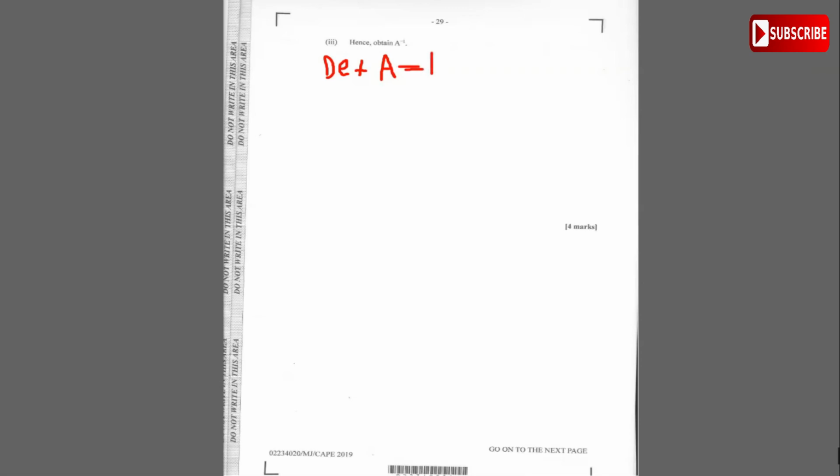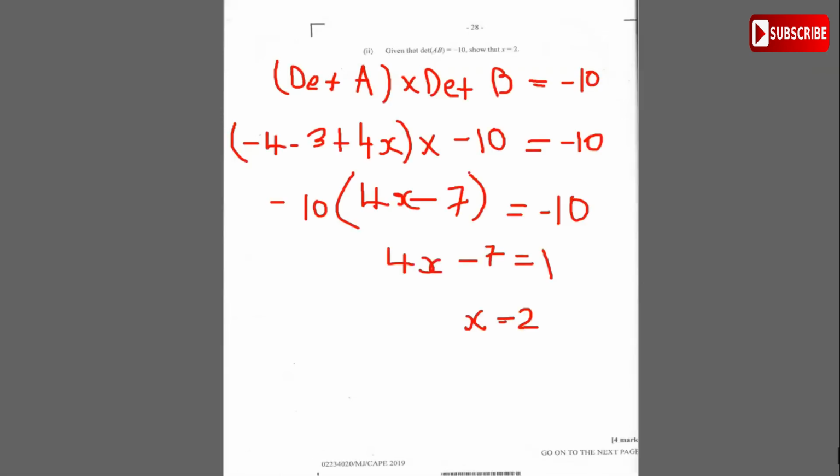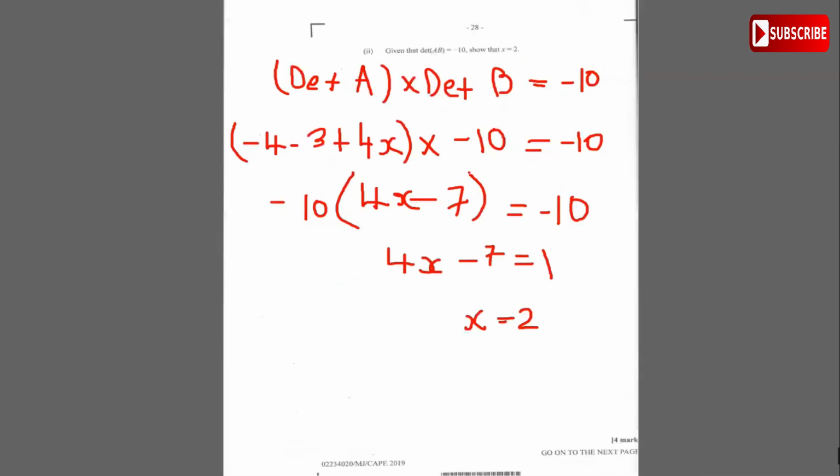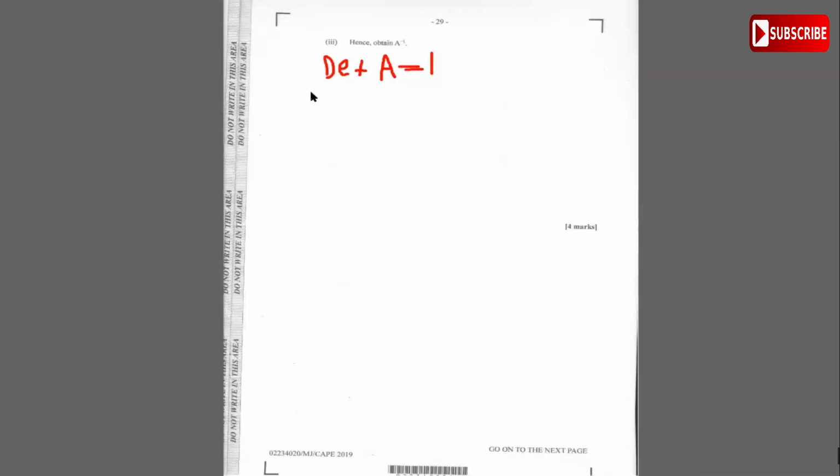If the determinant of A is equal to 1, then that can help us to find the value of x in this. Since the determinant of A is equal to 1, and that is telling us that 4x minus 7,